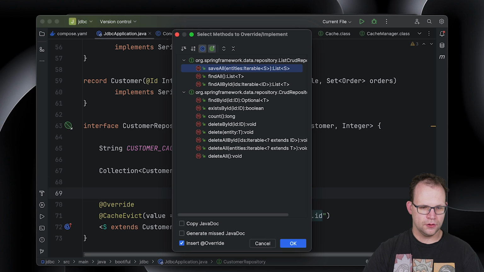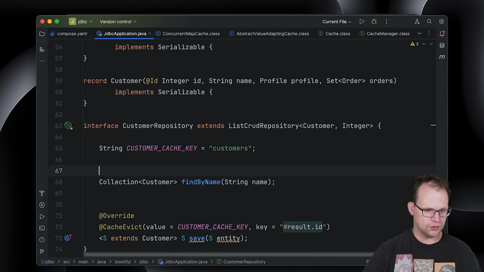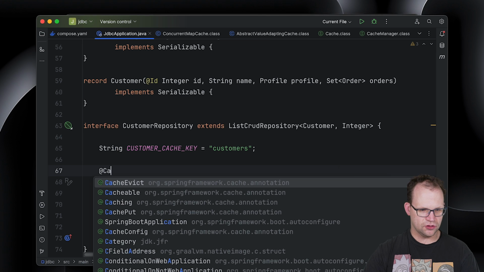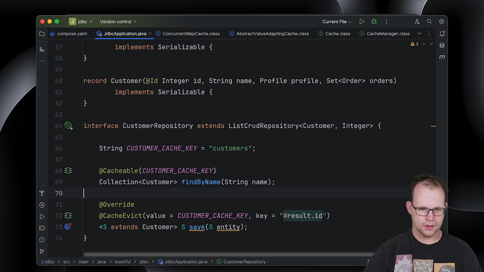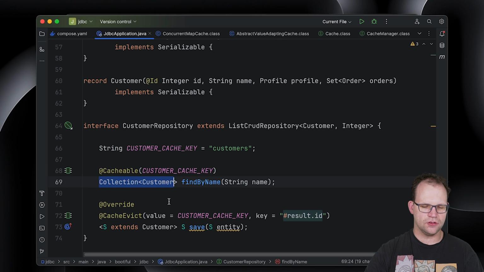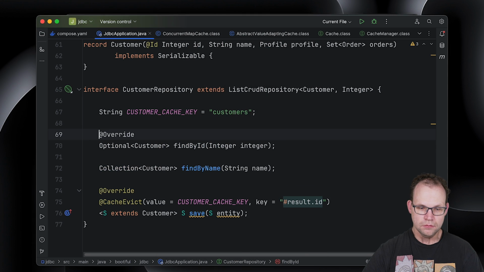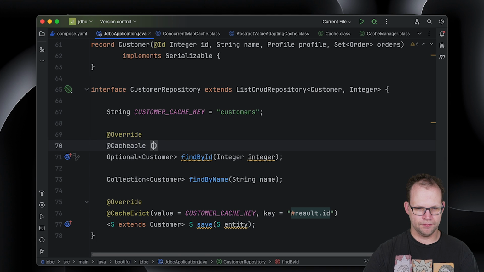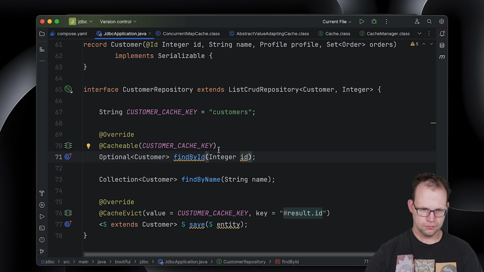Now, what about the find operation, the get operation? So find by ID, let's say. Or actually, let's just use find by name. We've got this one right here. So here, I'm going to say I want to have this be @Cacheable with the customer cache key. So the parameter, the name, is going to be used to inform what data gets cached and returned. Okay. Maybe we'll do it by ID. That's more in line with the contract. Okay. So @Cacheable with the customer cache key. Great. So now the ID will be used to create the key that will then look up the record in the cache region.